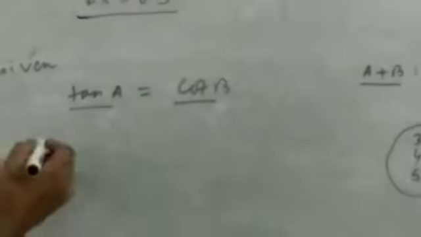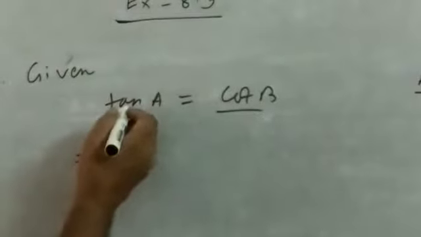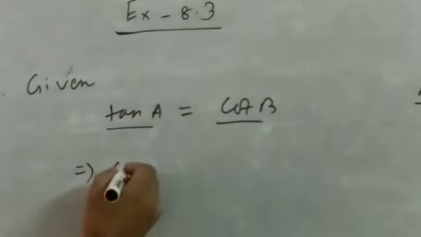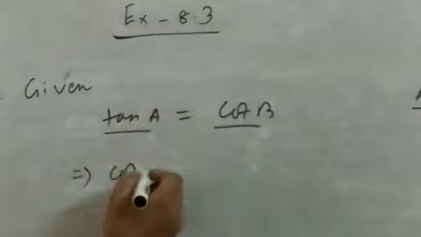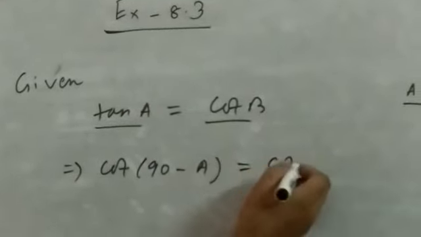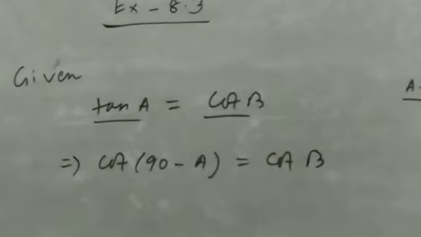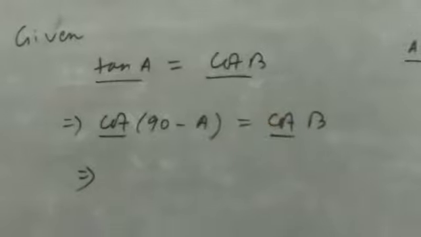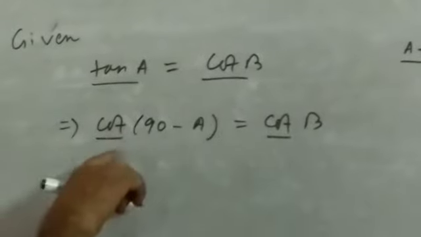Now you see, one ratio we will change by complementary angle. We can change tan, or we can change cot. If you change tan, then the complement of tan is cot and the complement of A is 90 minus A. This side will not be changed; it is cot B. Now I see both sides are expressed as the same ratio. So if both are expressed as the same ratio, the ratios will be cancelled.